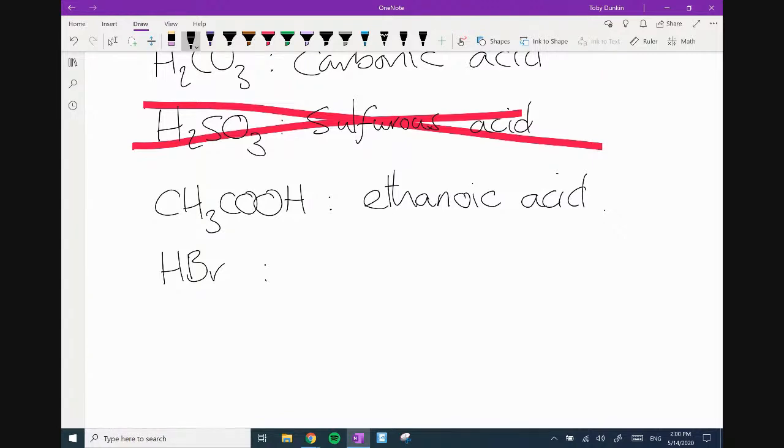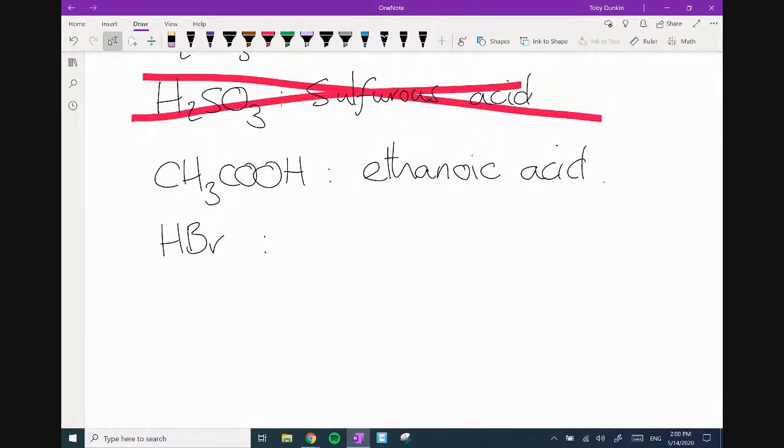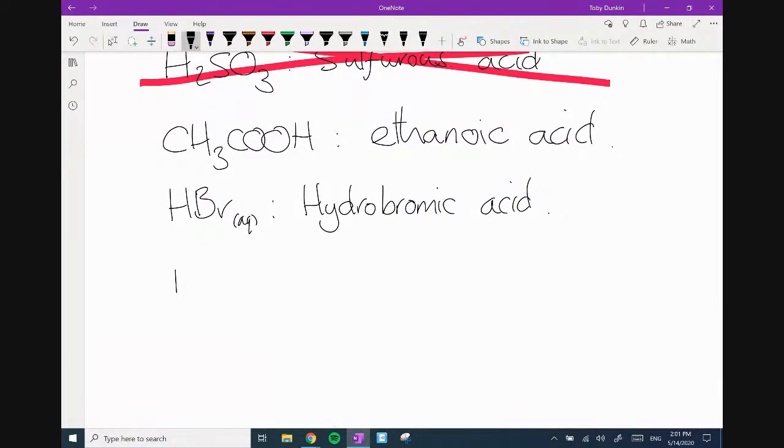Hydrobromide, no. Rue, hydrogen bromide would be the name of HBr as a gas, but as aqueous, we'll come into that soon, it is hydrobromic acid. Who got it? Someone did? Look at that. Toby and Tong. Yes, well done. Ashley, love your methanoic. Methanoic is one of the ones at A-level which causes people real trouble.